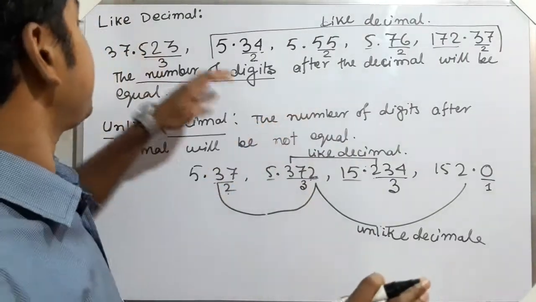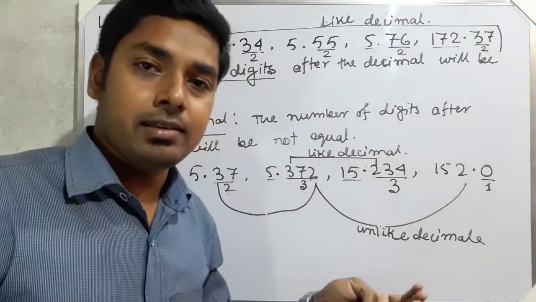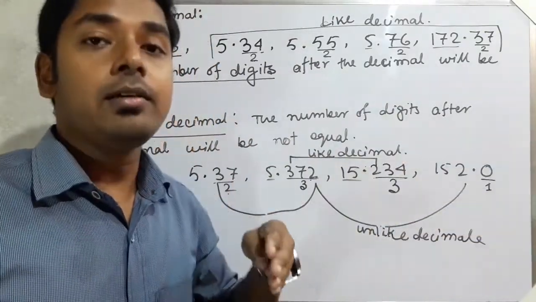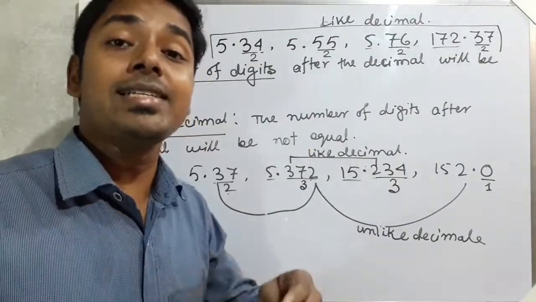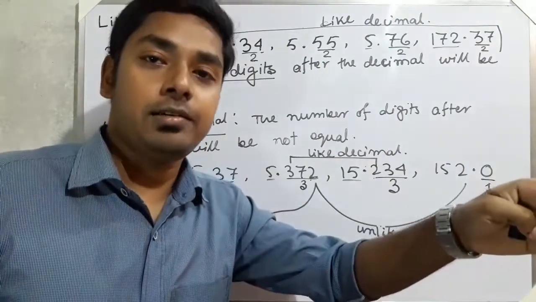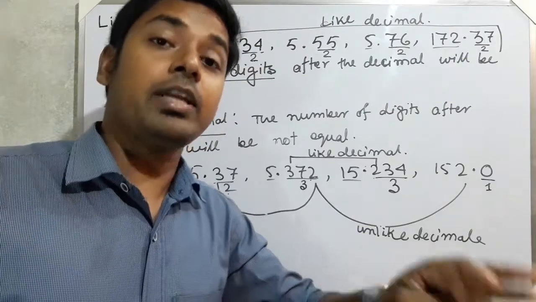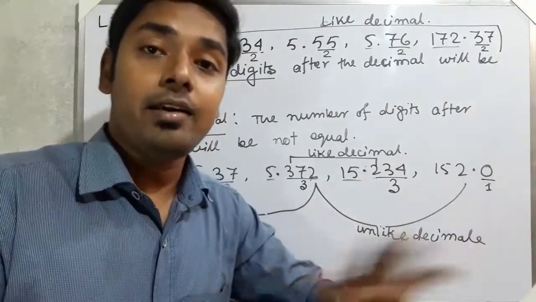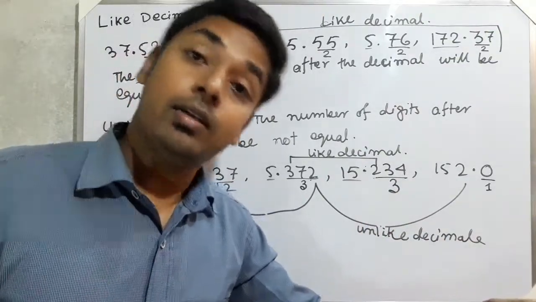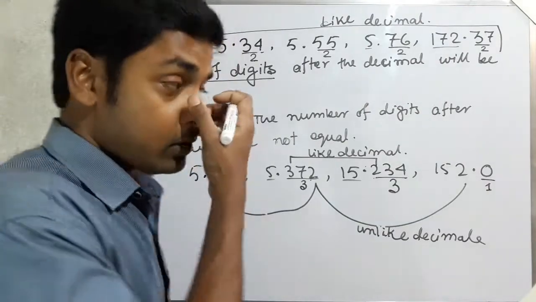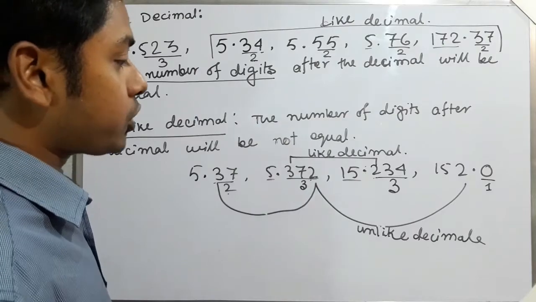Okay, it doesn't matter. For unlike and like decimal, whatever the digits they are having in front of the point, this doesn't matter. Only you have to check how many digits are there after the point. Okay, after the decimal how many digits are there. Whatever the digits, this doesn't matter. What the digits are doesn't matter here, only how many digits there are matters. Clear? So these are the like decimal and unlike decimal of the portion of the decimal chapter.